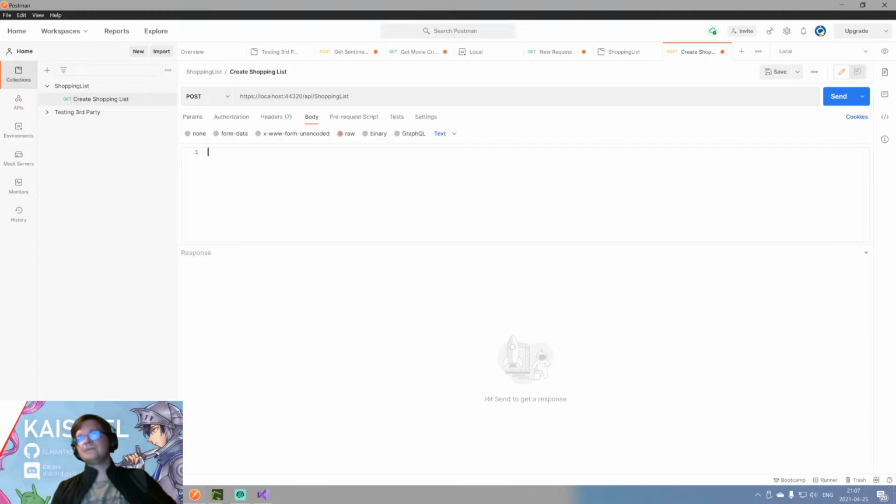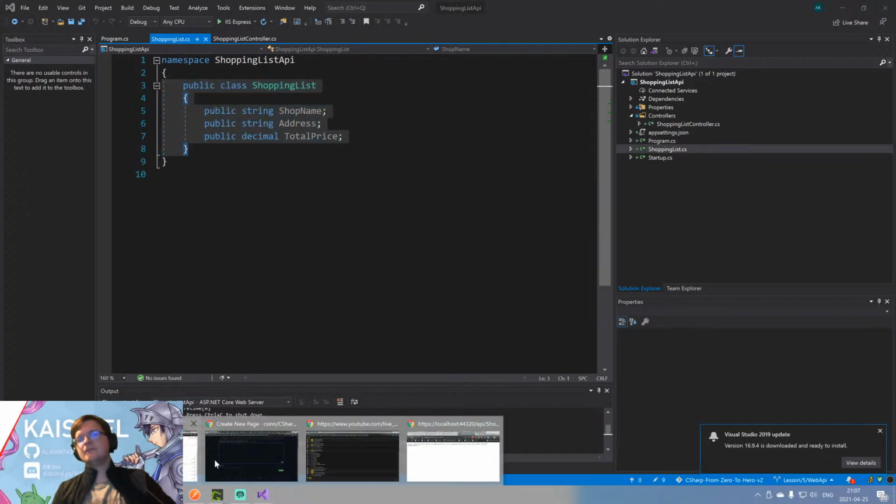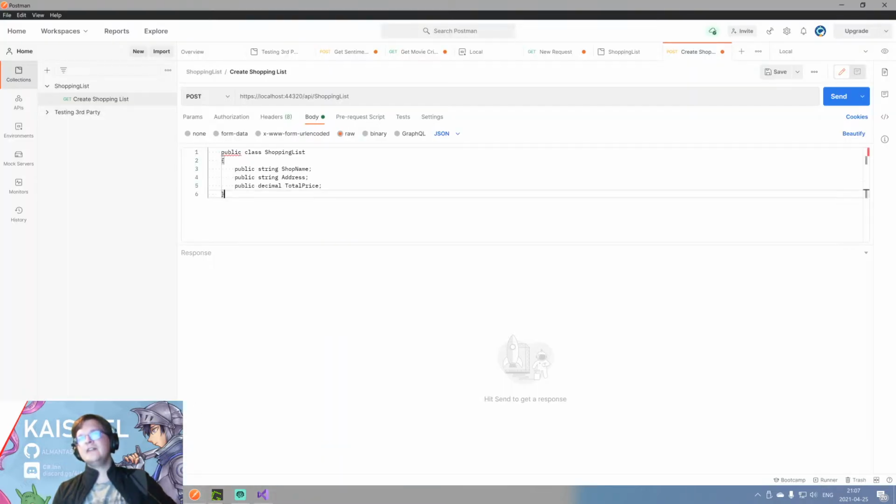Okay. So, the same drill, select JSON. Let's look at our shopping list, and I'll just copy paste it in here and see how much of an object this will make soon. You see, we don't have types in JSON, so I just remove those. We don't have semicolon. We have colon. And the values,